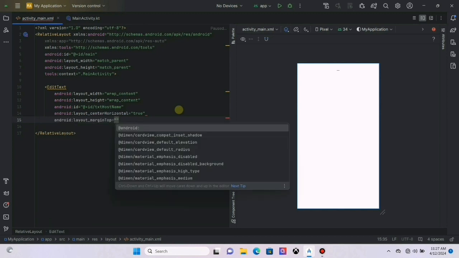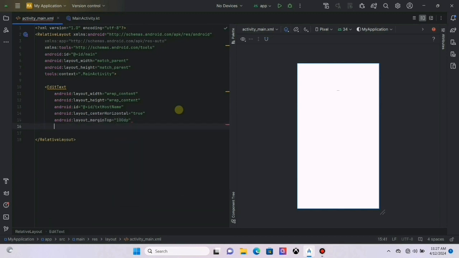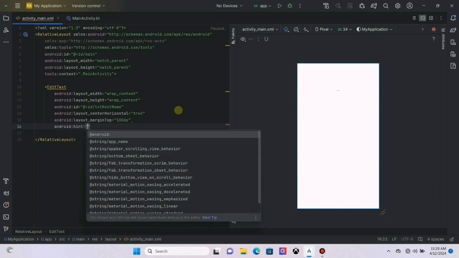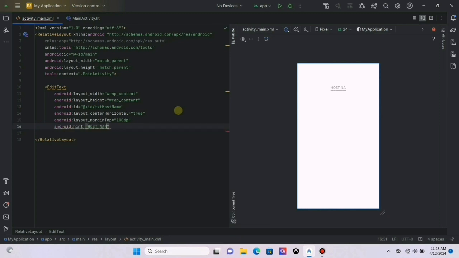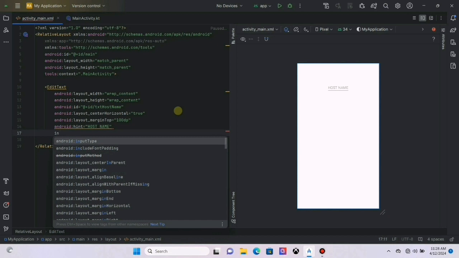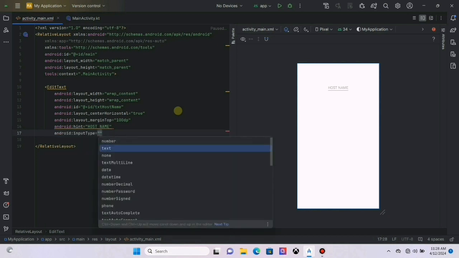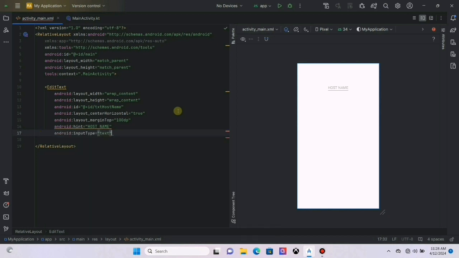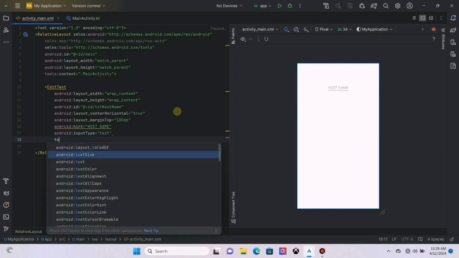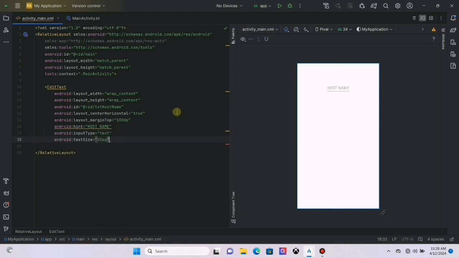Next let's take this element down. Let's put a hint message on it. Host name or IP address is one-line text. So, let's set input type to text. Let's increase text size. The first element is successfully created.